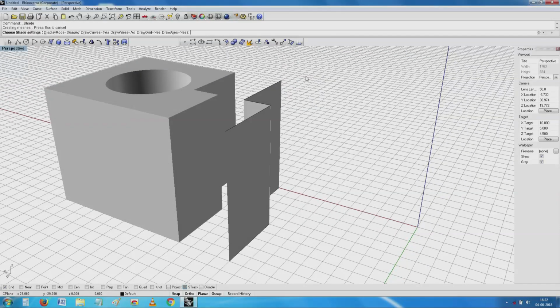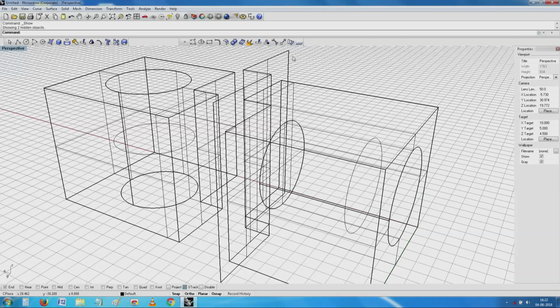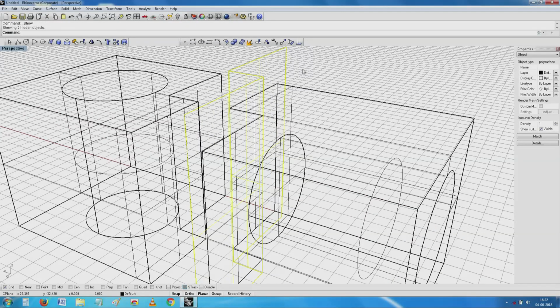Now, because of this orientation this object can be built easily without any other thing, and meanwhile I will unhide the other object which I have kept there, the same.